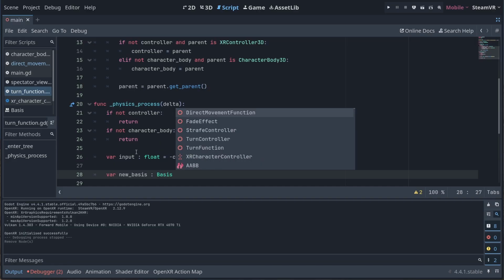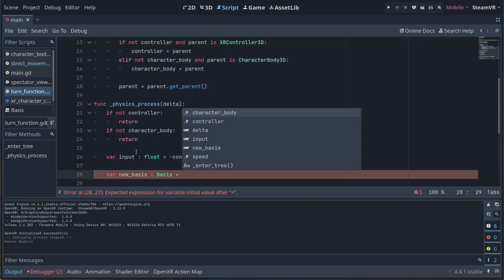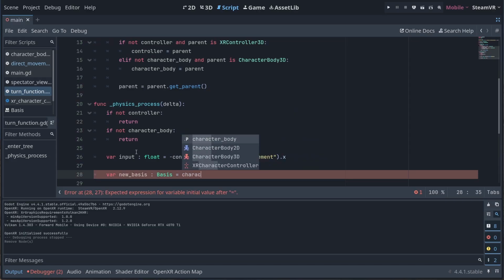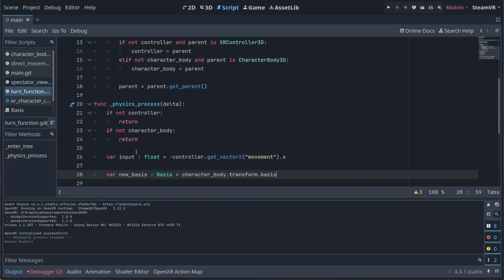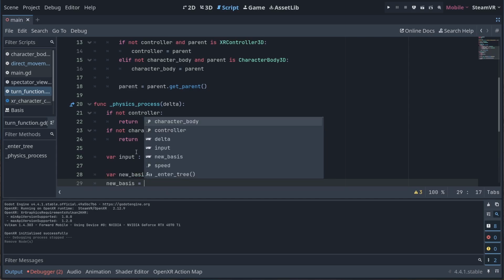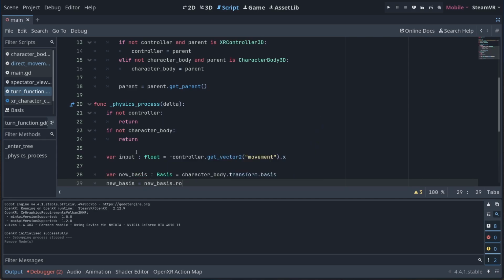To implement our turn, we want to create a new basis value for our character body. I realize I never explained this, but a basis is a 3x3 matrix, a data type that holds the orientation of our object. We get the basis from our transform, so we have our orientation in local space.